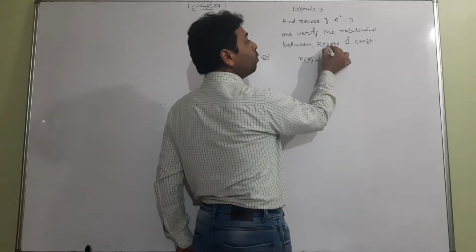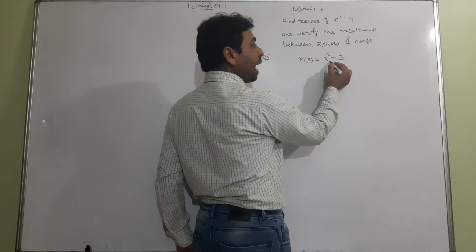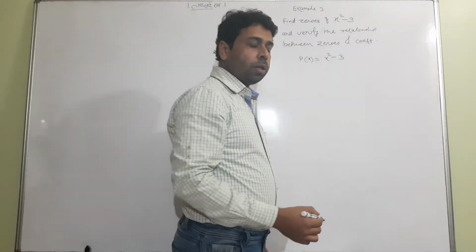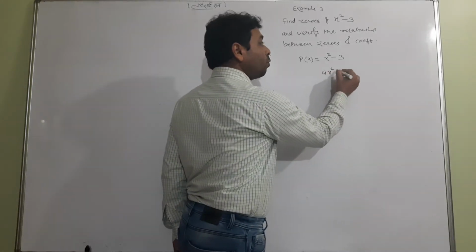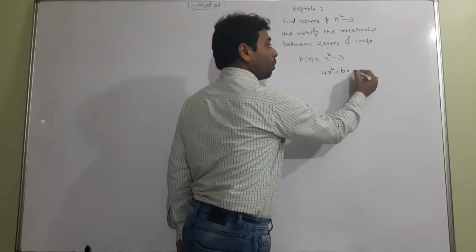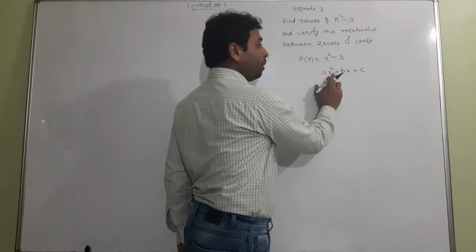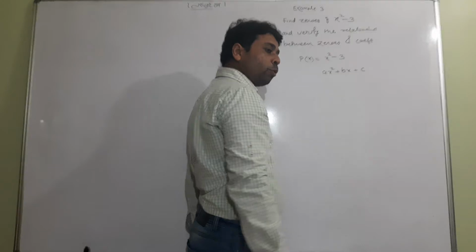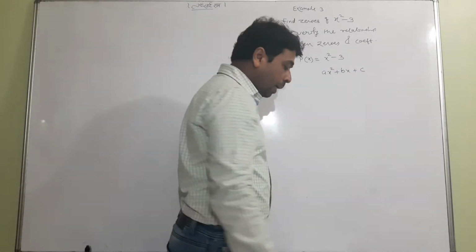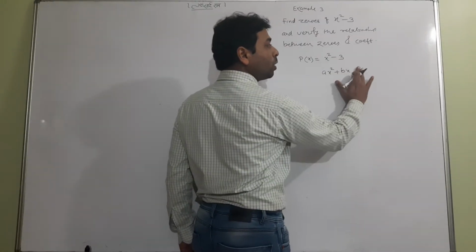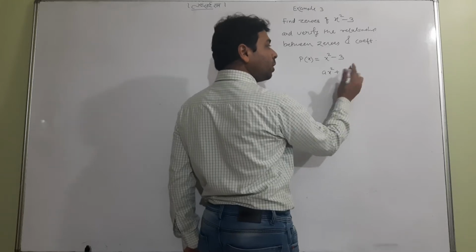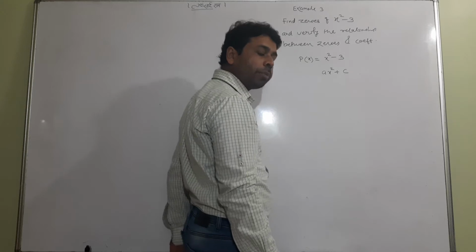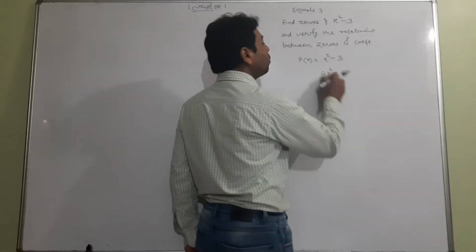Now to find the zeros of the quadratic polynomial, in that case we don't have to use the middle term splitting method. Whenever you are having 3 terms, x square term, x term and constant term, then only you have to use the middle term splitting method. In the other 2 cases, when the middle term is not there or when only c is not there, you don't have to use the middle term splitting method. Okay.